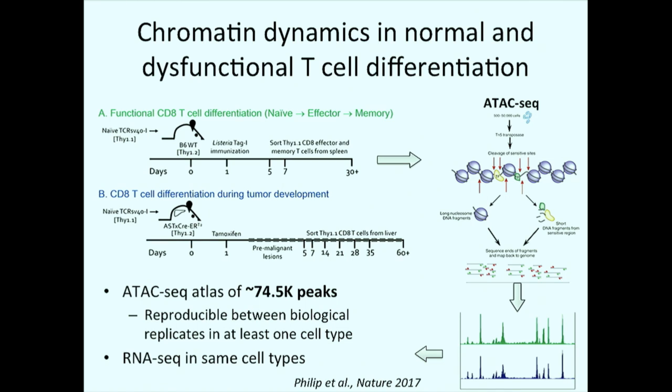All right? And I'm not going into many details, but we spent a lot of time figuring out how to rigorously analyze chromatin accessibility data. One of the first steps is we create an atlas of chromatin-accessible peaks, or events, that are reproducible between biological replicates in at least one cell type or time point. And when we do that in this data set, we get an atlas of about 74,500 peaks, okay? And this just came out actually a few weeks ago.